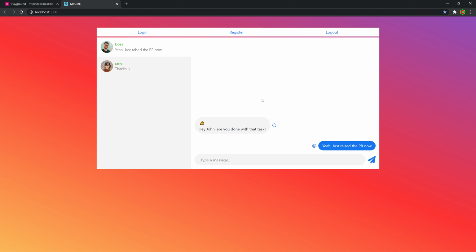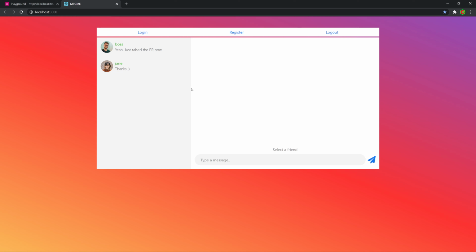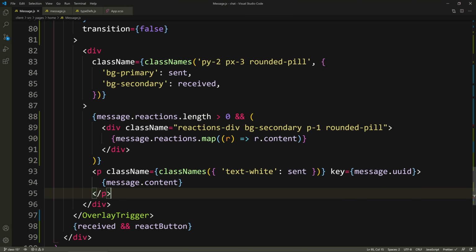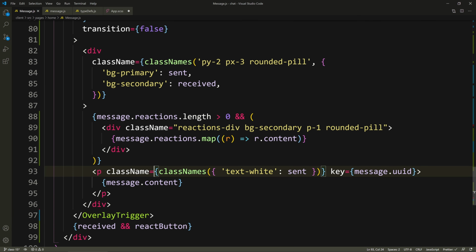Let's refresh. Okay. Oh, I forgot to save the message.js. Let's look at it now. Oh, it's way down here. Oh, I forgot to give this a position of relative, and also it's way too small. So let's give it a 0.9 rem, and let's give the wrapping div